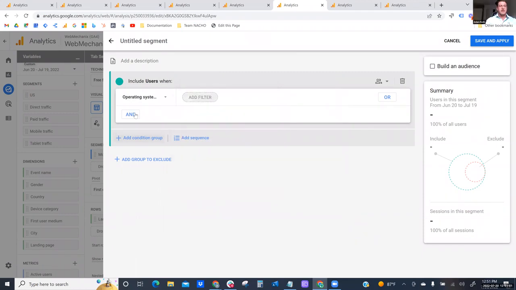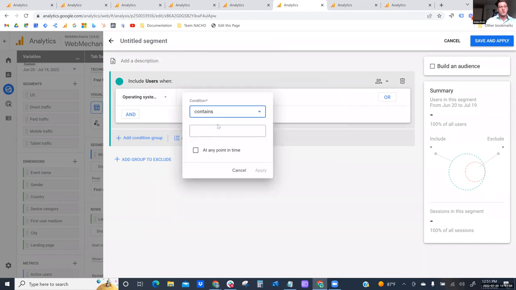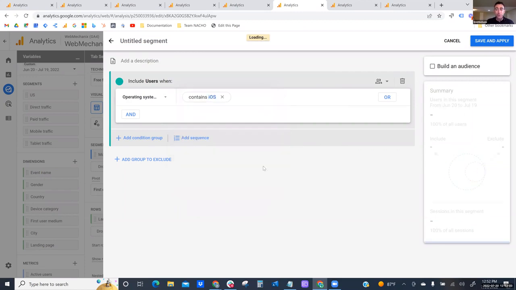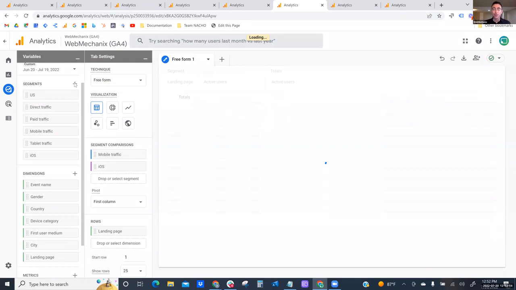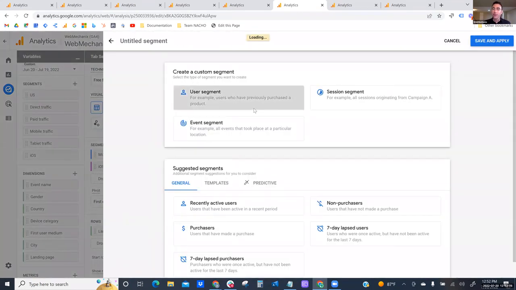There we go, iOS. One of the weird things is you have to name and save this here as well. I've been looking into that too. Word to the wise though, Google Analytics 4 is buggy. It is quite buggy still. So I wouldn't necessarily move to it as your main thing,